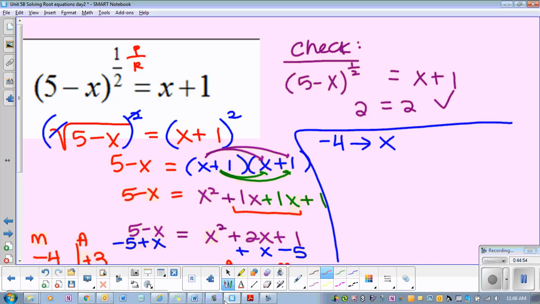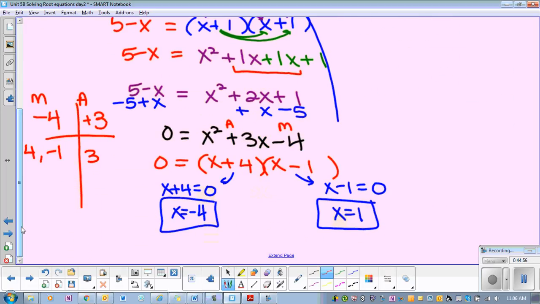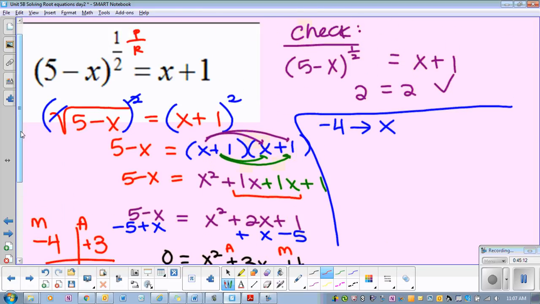So 1 works, but negative 4 does not work. Okay? Does that make sense? You had to check both sides because you had an x in both sides. Yeah? Questions? Okay, so the